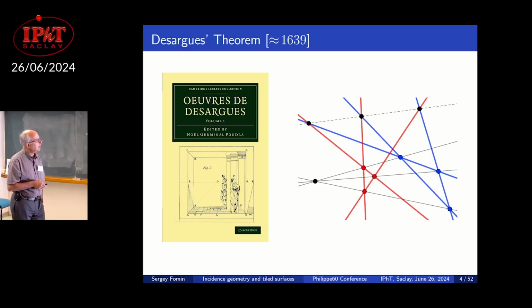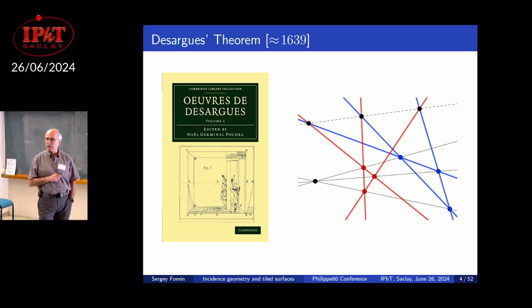You have two triangles, red and blue. They're perspective from the same point. That is, when I look from here, the vertices of the red triangle block the view of the vertices of the blue triangle. And then if you extend the sides of each of the triangles, take corresponding sides, they intersect somewhere, and those 3 points of intersection will lie on a line. That's the statement of the theorem of Desargues.